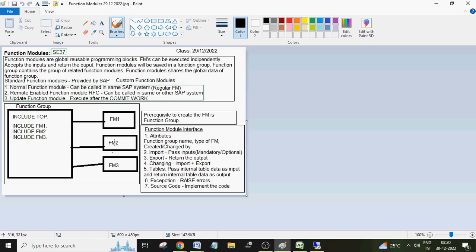So all these function modules included in the function group are going to share the global data declarations, which are in the top include, underscore top, right? Whatever internal tables and work areas are defined, everything will be shared here. That memory will be shared by all the function modules of the function group. Okay,